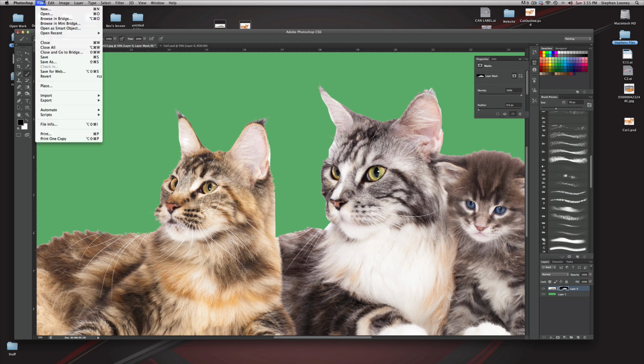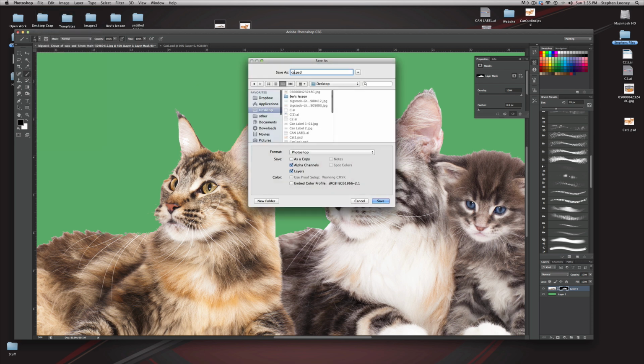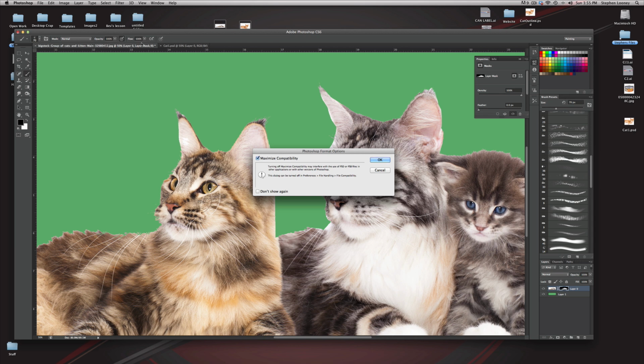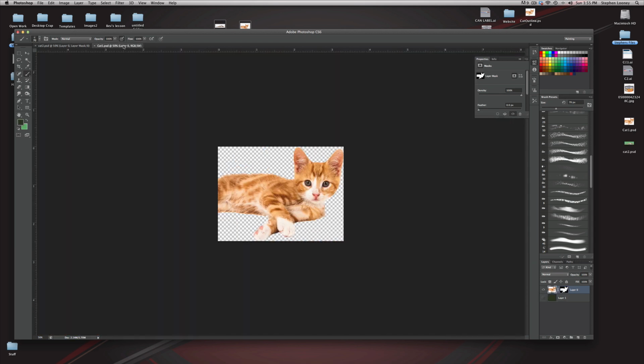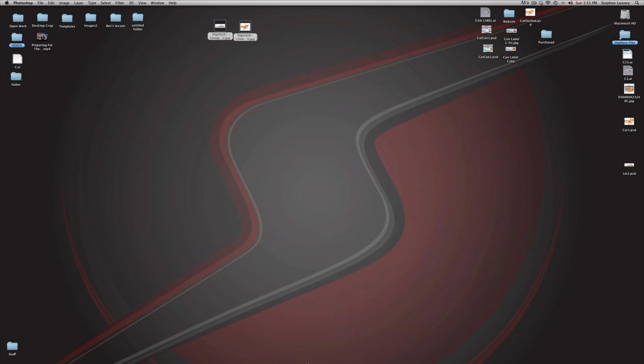All right, so you know what? Let me just save this. Save as cat2. And oops, you got to save it without that background. Save. All right, so now that we did Cat 1 and Cat 2, we're going to jump